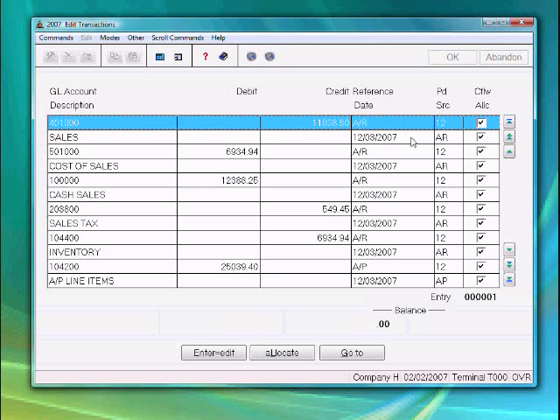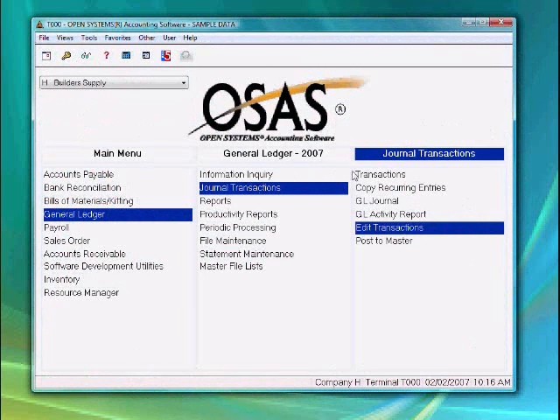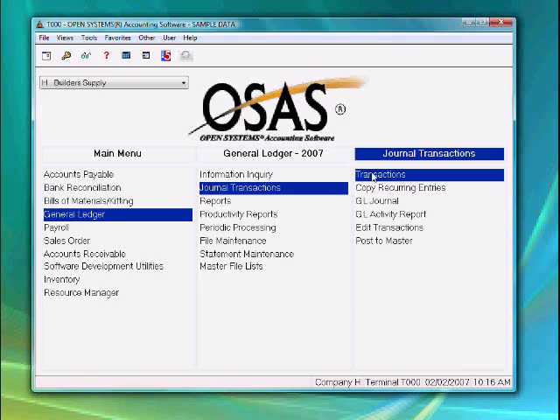Then I can post those zero entries just to get them out of the unposted list, but they'll have no effect in the wrong year. And then what you would do is go to the correct year and then use your journal transactions and enter them in there. So that would be one way to solve that problem, and you can do that in both